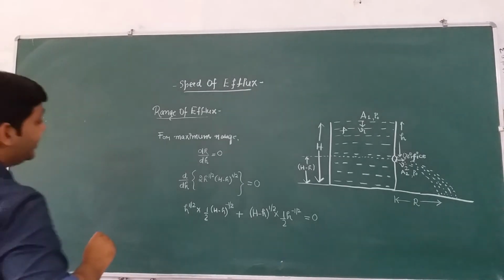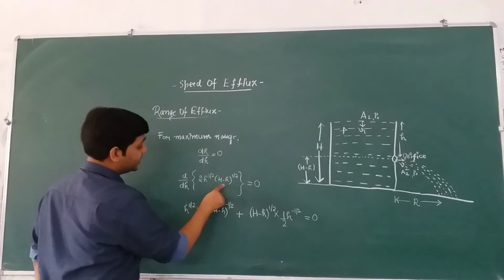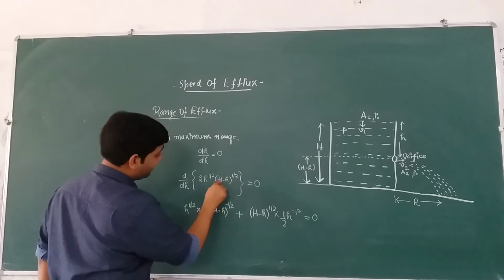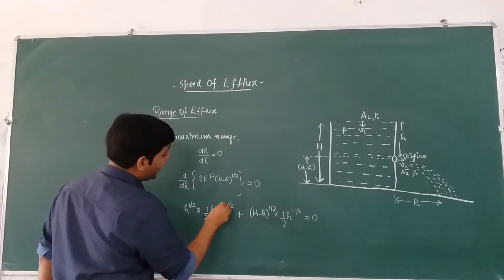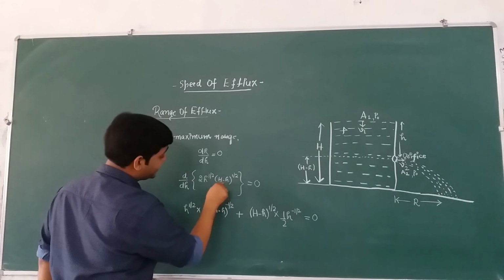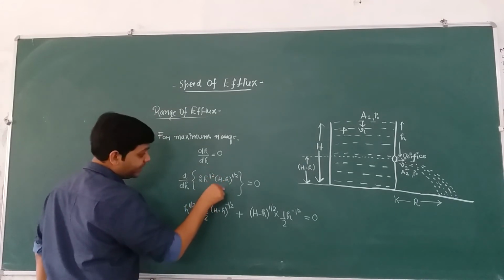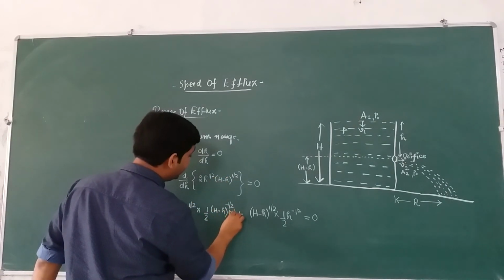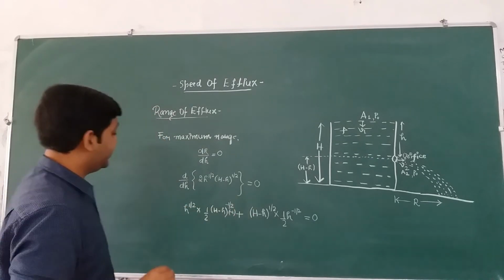I am sorry, we have done one mistake here. When we were differentiating this second function, what do we have? N x to the power n minus 1. And because this is not a proper function of x, by chain rule it will be differentiated. If we differentiate capital H minus h, the differentiation of capital H will become 0, and then we will have minus sign, and then dh upon dh will become 1. So here minus 1 will be introduced. This is the mistake that we have done. So please correct it. Fine.